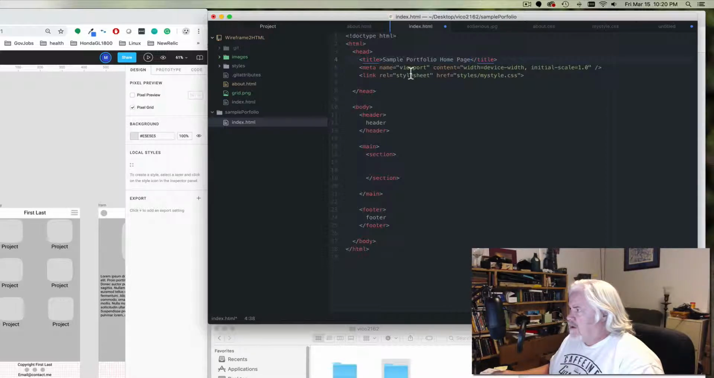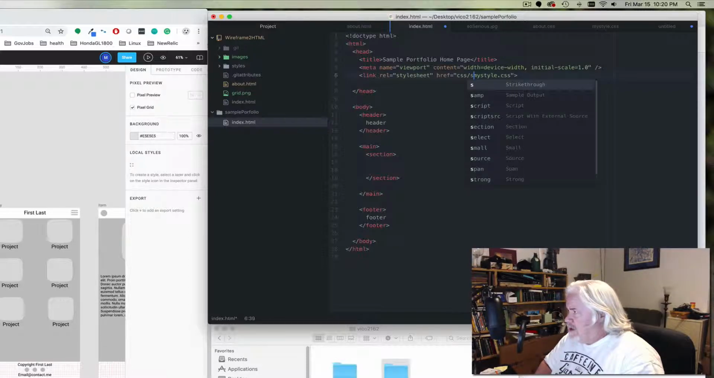And the reason why I copied this was because it saves me from having to type doctype HTML, and I already have the viewport content device width. I have all that stuff already in there, so I don't have to reinvent the wheel, so to speak. I've got a starting point now. And I also have this style sheet. So I'm going to go ahead and change this, though, because I'm going to do CSS instead of styles. I'm going to tell it that the style sheet is in CSS, and my main style sheet is going to